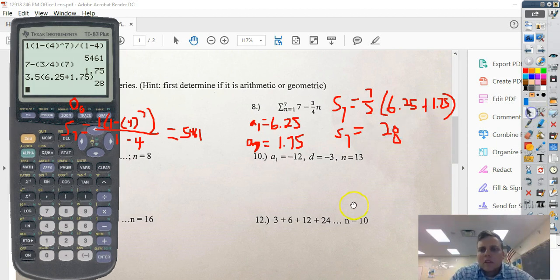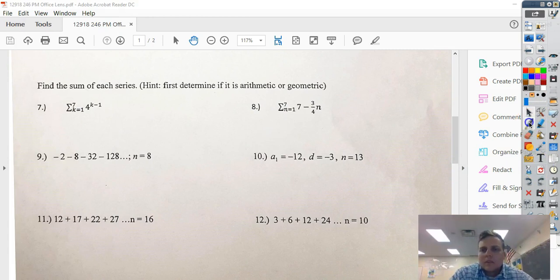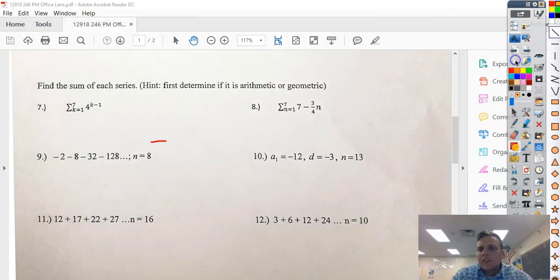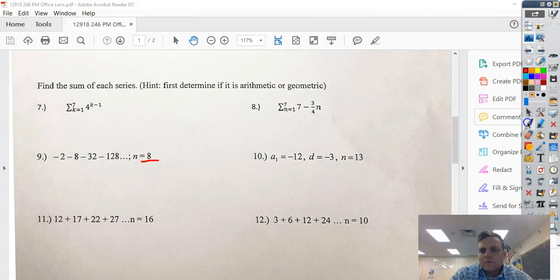Okay? All right. Let's move on to this problem. -2, -8, -32, -128. All right. How am I going from term to term? I'm multiplying by 4. So that means this is a finite geometric. Okay? So when we look at what we need for a finite geometric, we need the first term and we need the common ratio. That's all we need. So it's pretty obvious that r equals 4 for this problem